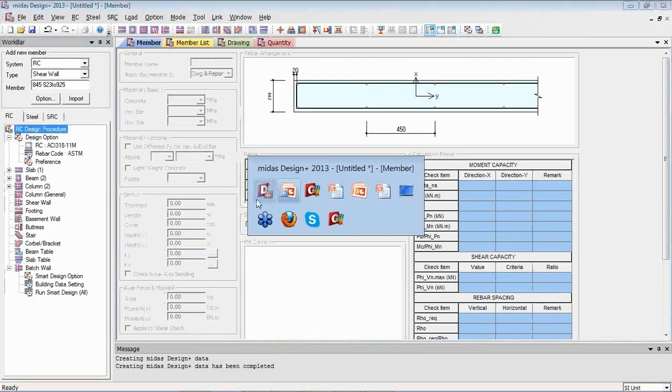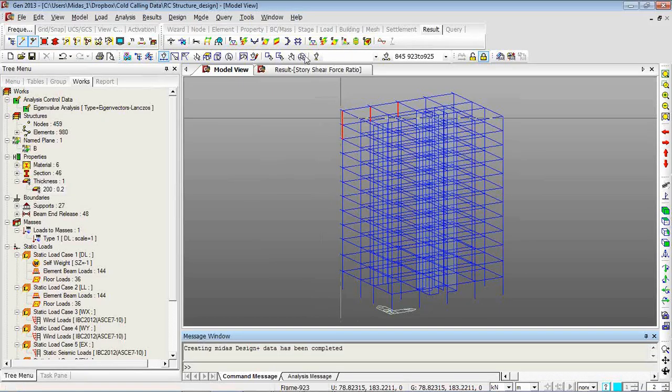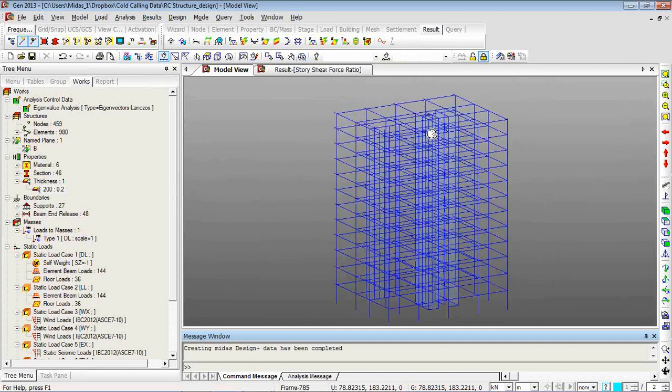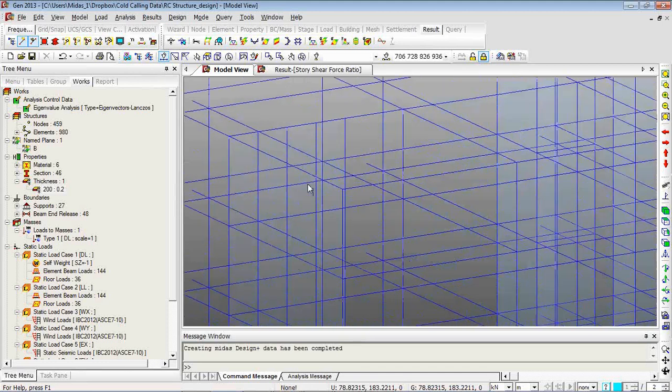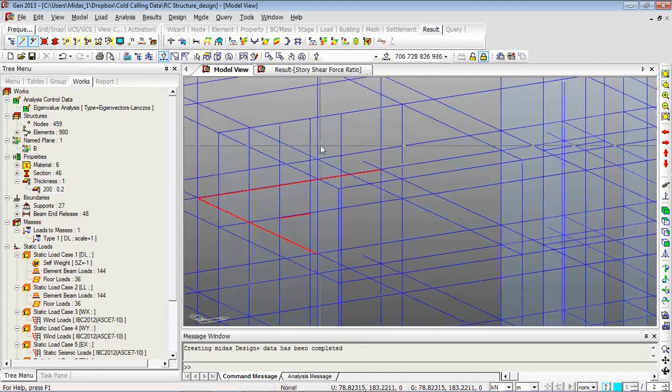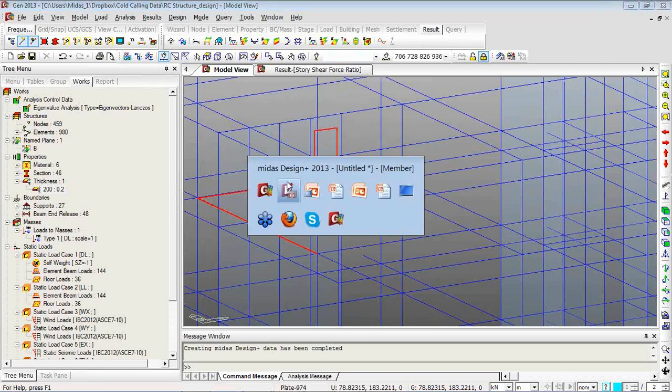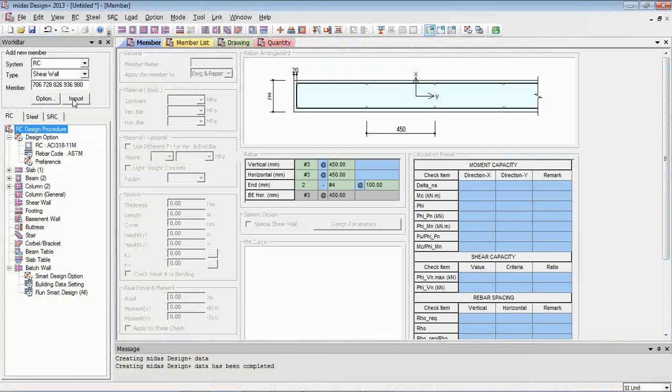Going to shear wall, I head back to my model, unselect, and I will select just a few shear wall elements. So I zoom in, and I select this wall, and I just click on design. I'll zoom in just a little. Yeah. So I go back to my Design Plus, clicking on import,